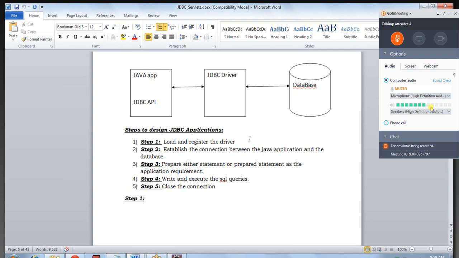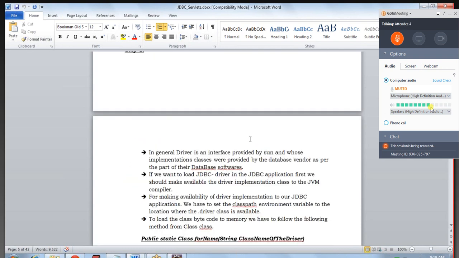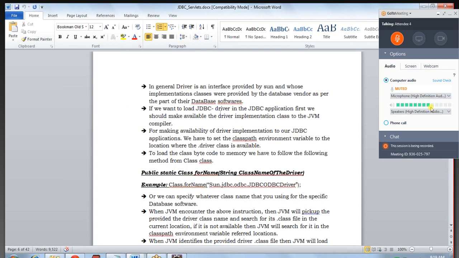Loading is where you have to identify the class bytecode where it is available, load it into the Java heap memory, and register the driver. Registering is nothing but you can think of it as starting of the Java file, the .class file. In general, a driver is an interface provided by Sun, whose implementation classes are provided